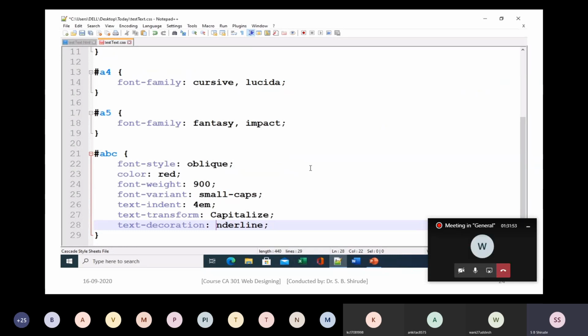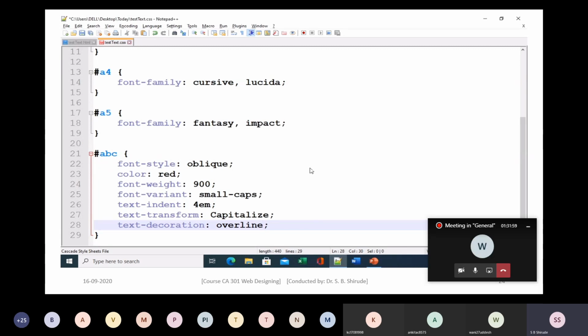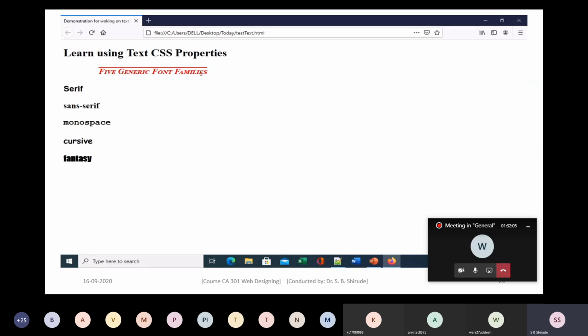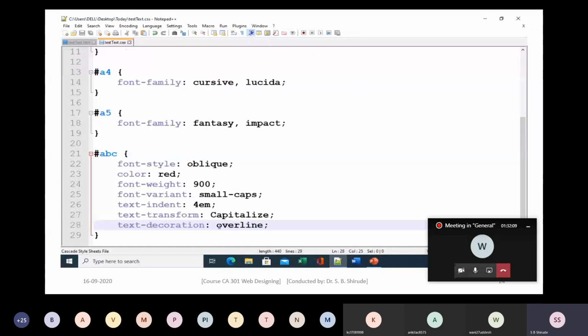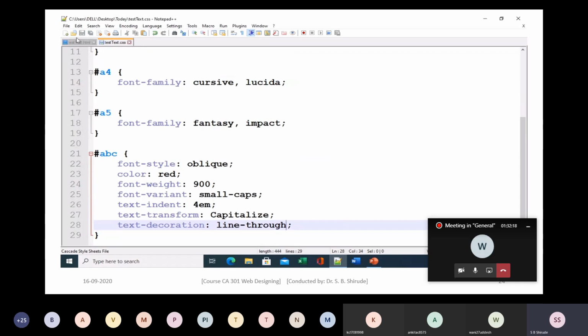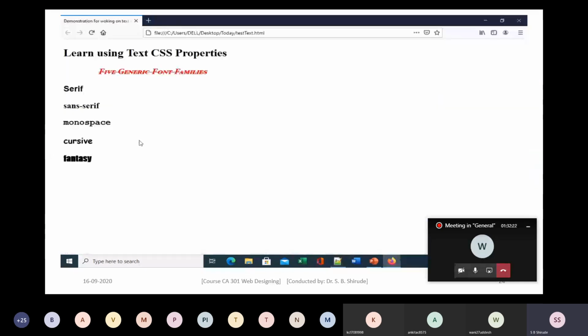Now if I put overline here, see how that overline will look. It will be over the line. Then after that we will use line-through. Remember these keywords, this is also important. You should know the possible values for text-decoration.